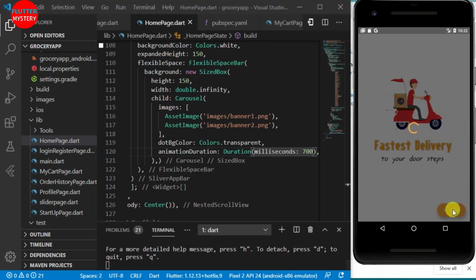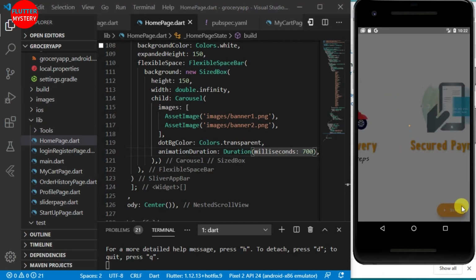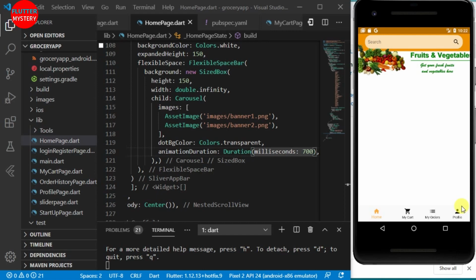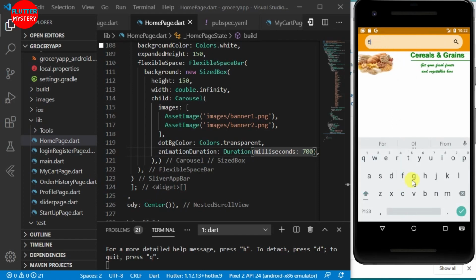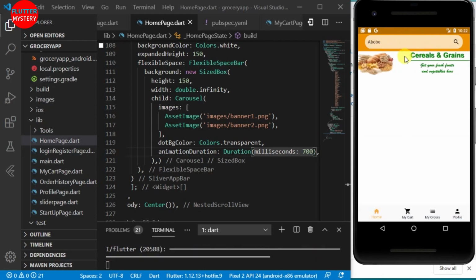Okay, the app is running successfully. Alright, so you can see what we did. Now we have this very beautiful layout. We have our fruits and vegetables, cereals and grains. These are the banners I created, and we have this to type in what we're searching for. Anything you type, you get this. So this is what we just did. It's nice. So we are moving on,